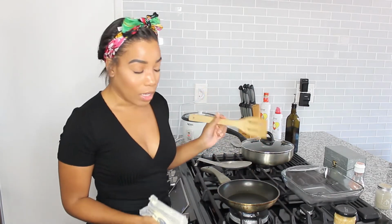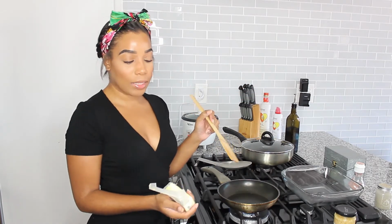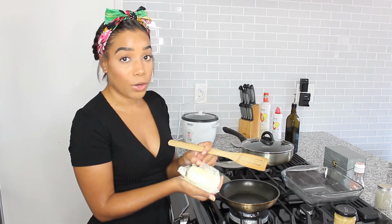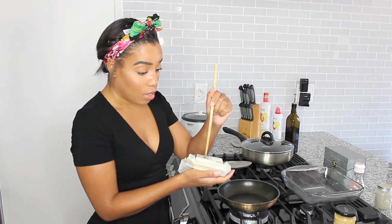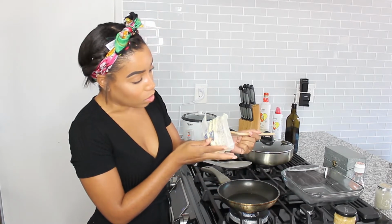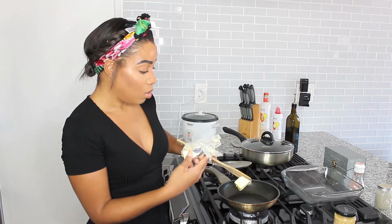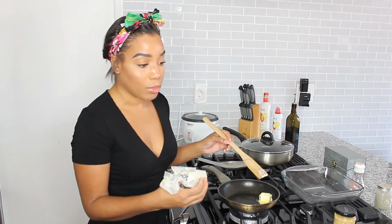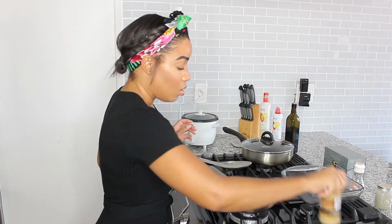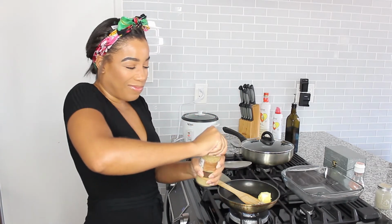So my pan is on like a low medium, and I'm just gonna put as much butter as my little heart desires so that I can melt it. I don't know how much this was. This was probably like 2-3 tablespoons. And I'm just gonna melt that on low. And I'm gonna open up this minced garlic, and I'm also gonna,